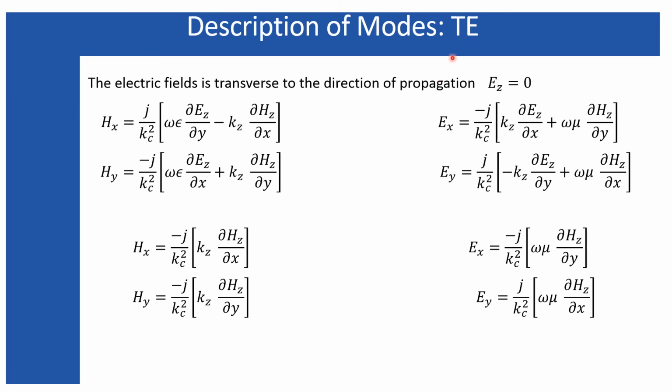Description of the TE mode. For the TE mode, as we know, the transverse electric mode, the electric field is perpendicular to the direction of propagation. That means it must have no component along the direction of the wave. So Ez must be zero. Right now we can use our reduced equations. Each of these components, which I have represented in terms of the longitudinal component, we can easily use this expression, where if you replace Ez equals zero, the following equations will result as I have written over here.